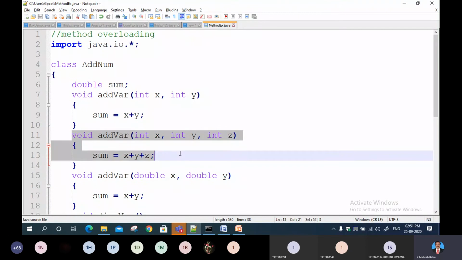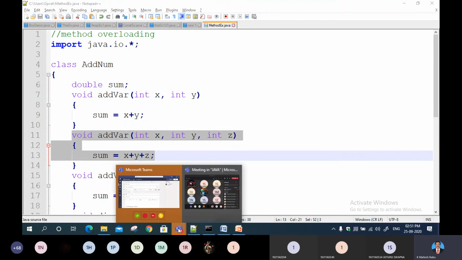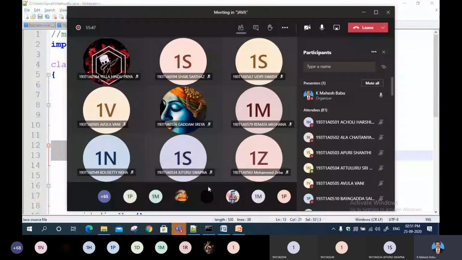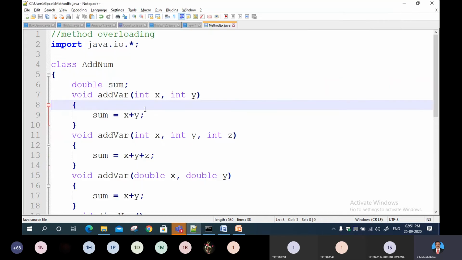Any doubt in this? What is a method and how are we going to overload the method? But don't get confused, here we have one more word, overload. Yesterday we came across constructor overloading. Only the constructor name is the same. Sometimes you are not passing any parameters, sometimes you are passing parameters, sometimes you are passing objects. Here also it is the same.